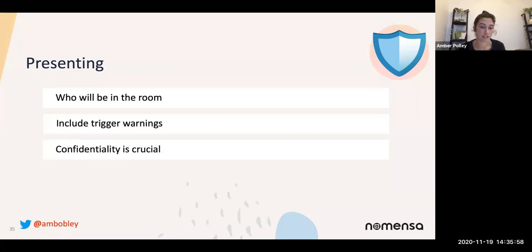And obviously confidentiality is crucial. Don't include any names or any defining characteristics. The most I would say when reporting or presenting findings would maybe be the gender or age. Sometimes I steer clear of that anyway, but probably only gender. So try and steer clear as much as possible of any details or information about particular participants.